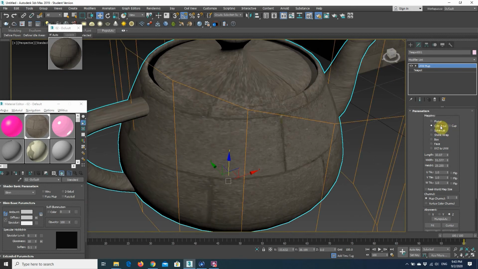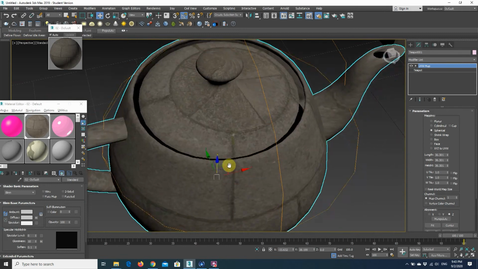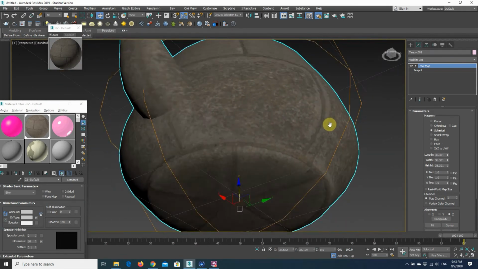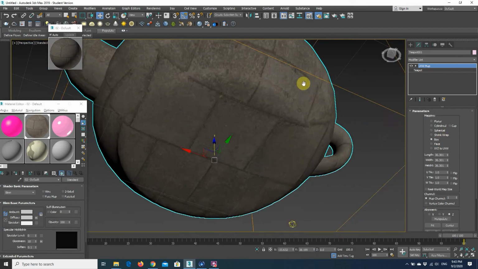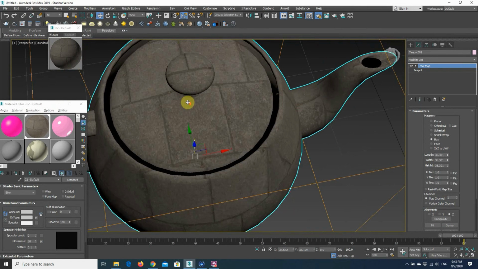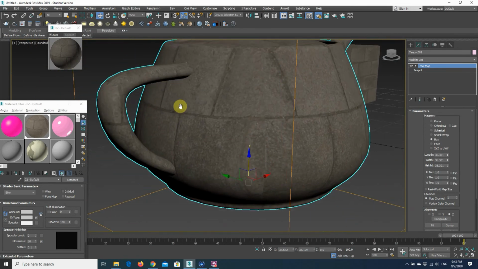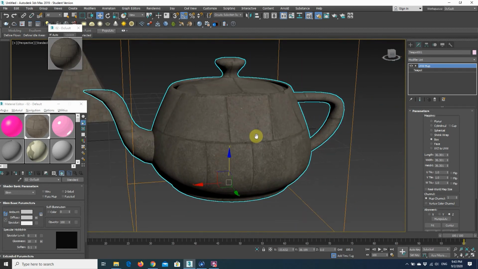Oh no. Cylindrical. No. Spherical. No. I think maybe box might be the way. But in this kind of cases, we will just take